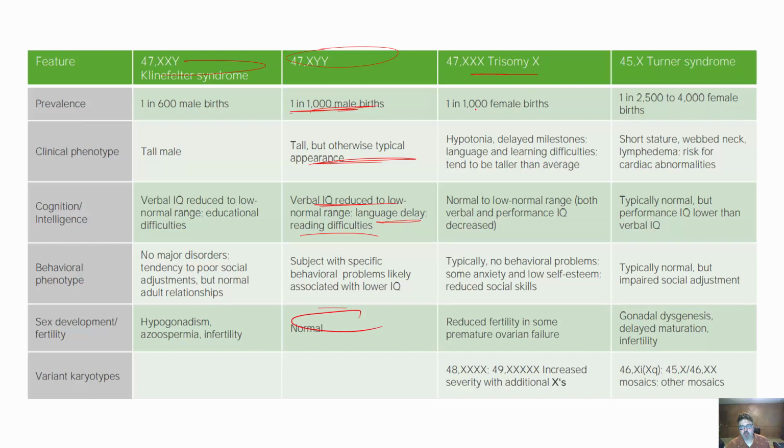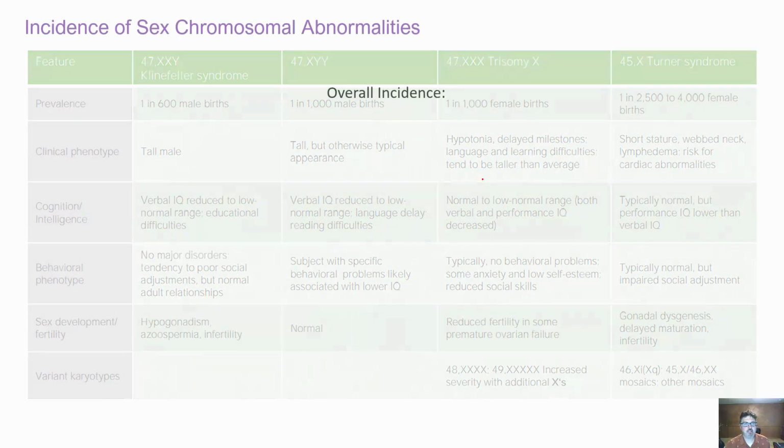Trisomy, or triple X syndrome, which we covered, also 1 in 1,000 female births. And then here we have a few different things, maybe a little bit of hypotonia, a little bit loss of muscle tone, but maybe not manifest itself, but taller than average is one that we typically see. And then here we have our XO Turner syndrome. So there you have it, guys. A few different